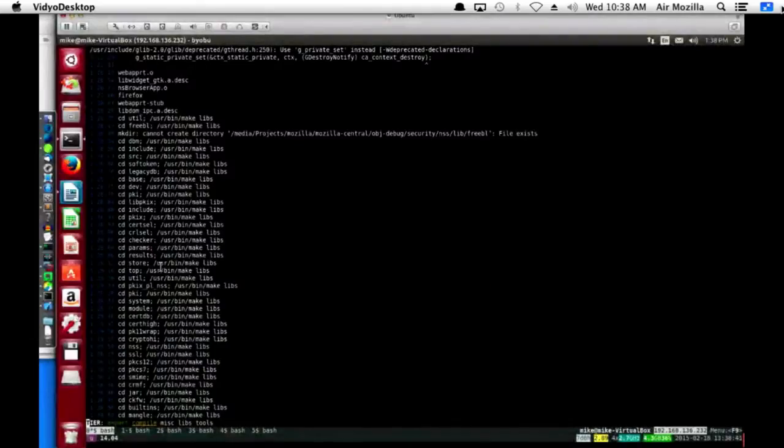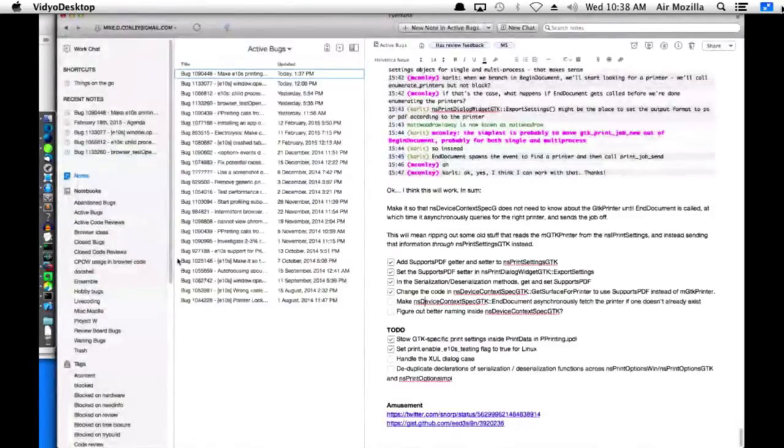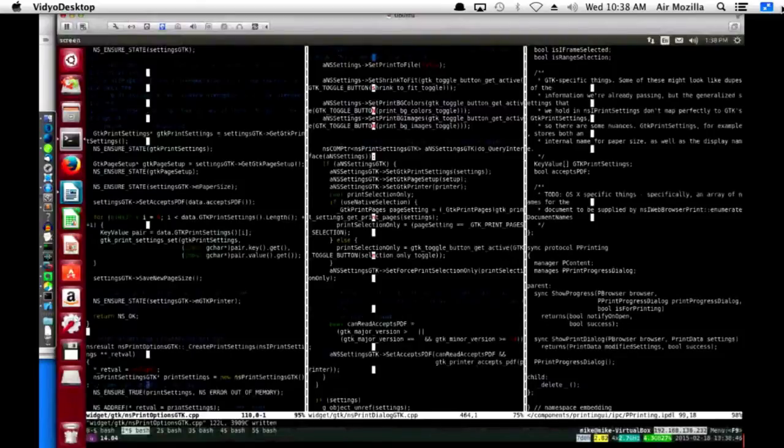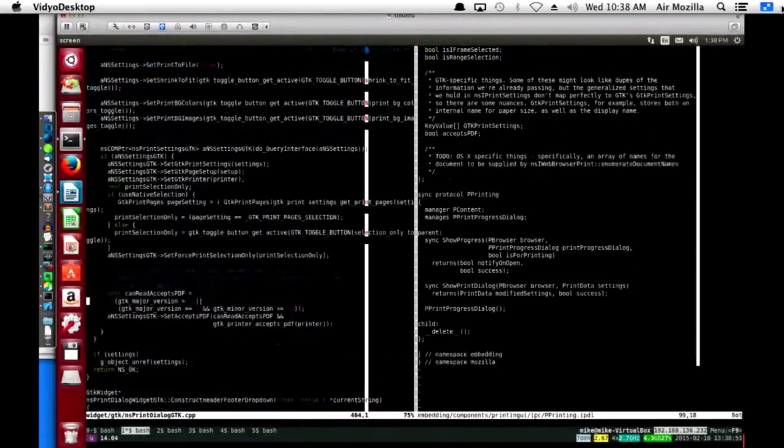Wow, that's still printing. Everything's printing. While that's still building, let's figure out how we're going to work that. So all of that occurs inside